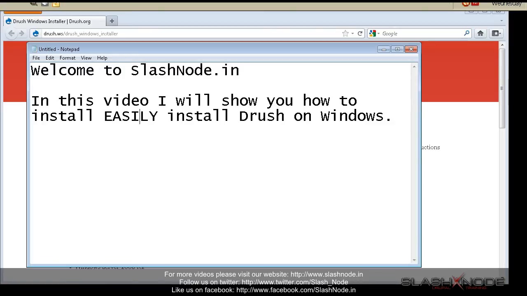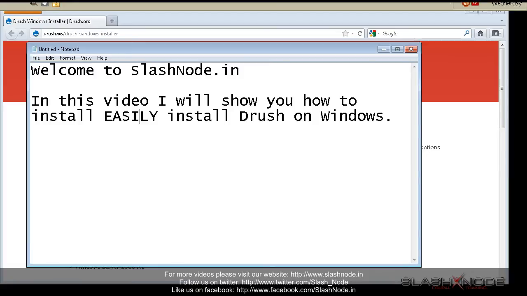Drush can easily install any module or theme and can perform lots of tasks with just a few simple commands. I have seen many new Drupal learners not using Drush at all, especially the ones who are using Windows. Why? Because they can't install it easily.